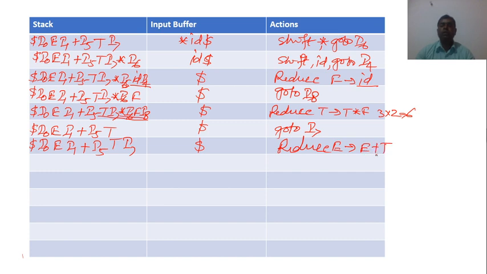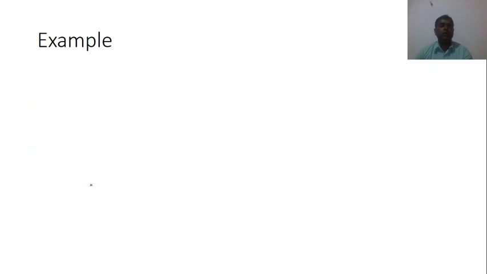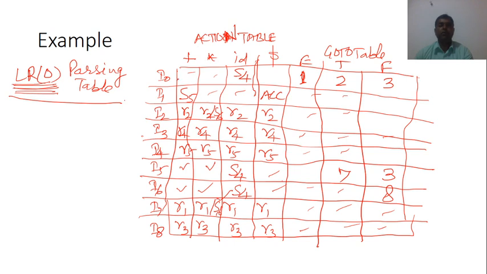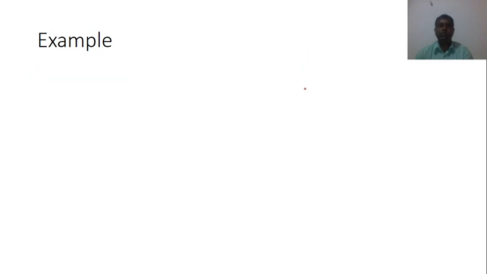How many symbols are in the right side? 3. So 3 multiplied by 2 becomes 6, so we have to pop 6 symbols. Now it becomes $ I0 E, because E + T is reduced by E, so I have to put E here, $. Now I0 E, that is 1, that means go to I1.